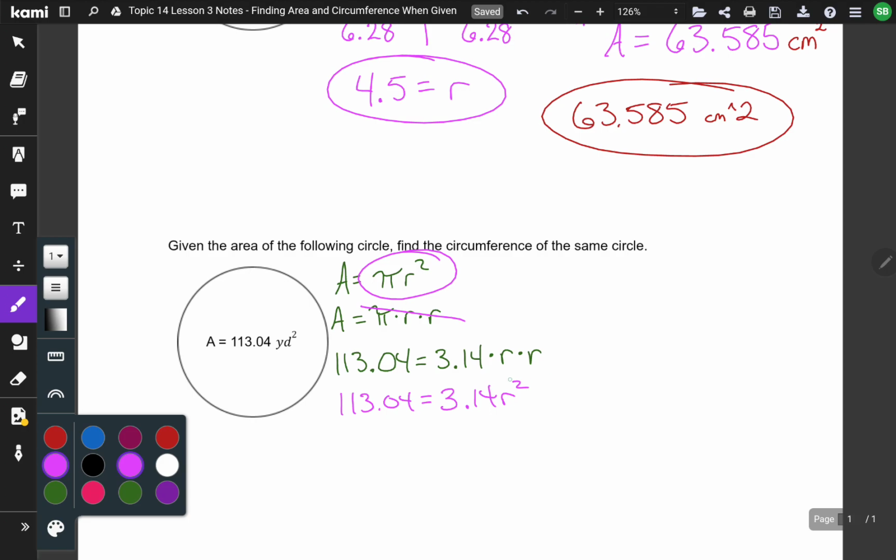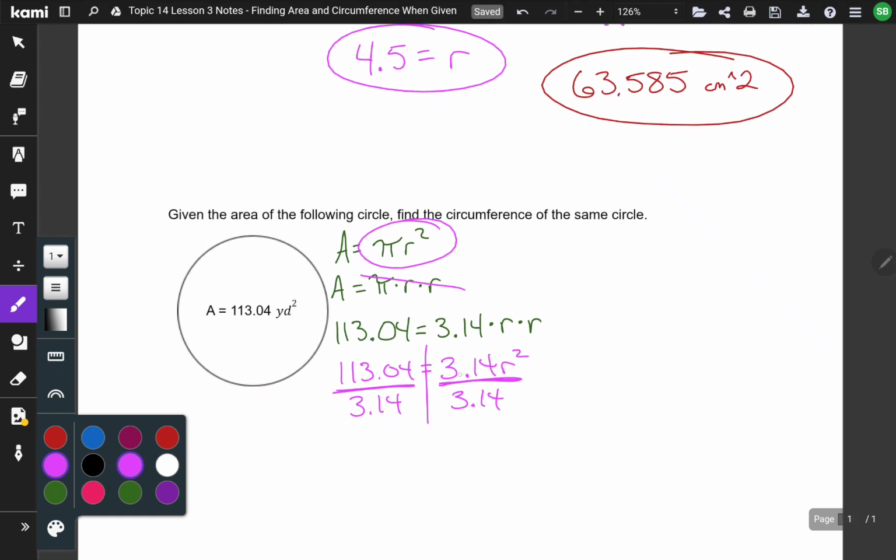Well, my goal is to get the variable by itself. It's currently multiplying. I need to do the opposite. I'm going to divide. What I do on one side, I do on the other. So we're getting rid of this 3.14 in front of it. Divide both sides by it. Okay, well, what happens when I do the opposite? Those cancel, leaving me with my variable, which is this r squared, equals 113